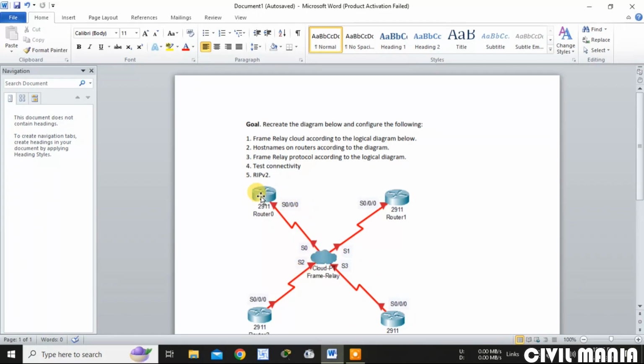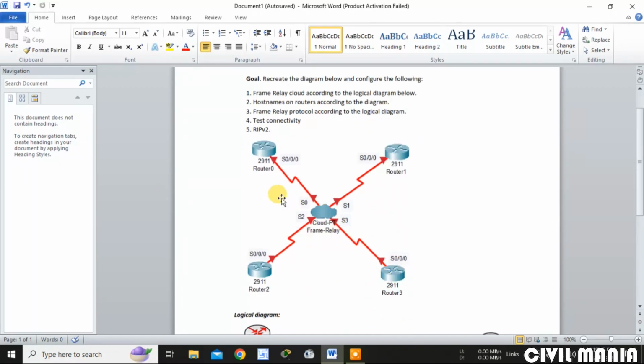Suppose I need to communicate from this router to this router, or from this router to this router, then a link should be there between them. But if from router 0 to router 3 I need to communicate, then I have to lease a communication line between them. Then also if I need to communicate between router 0 and router 1, then I have to again lease the line between them, because here the communication takes place over a very large distance,